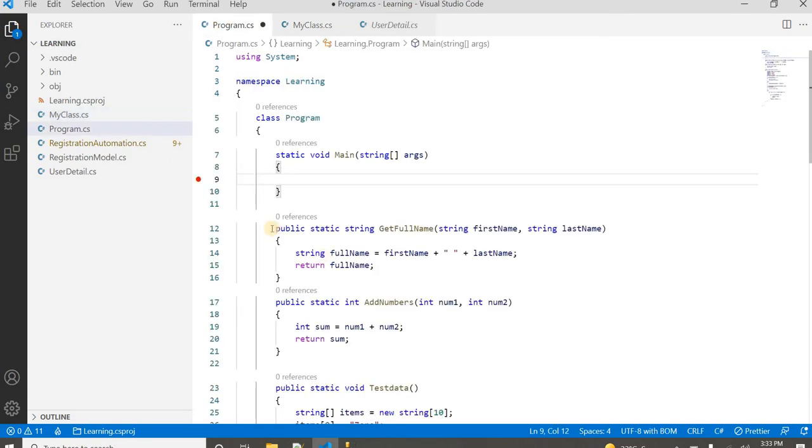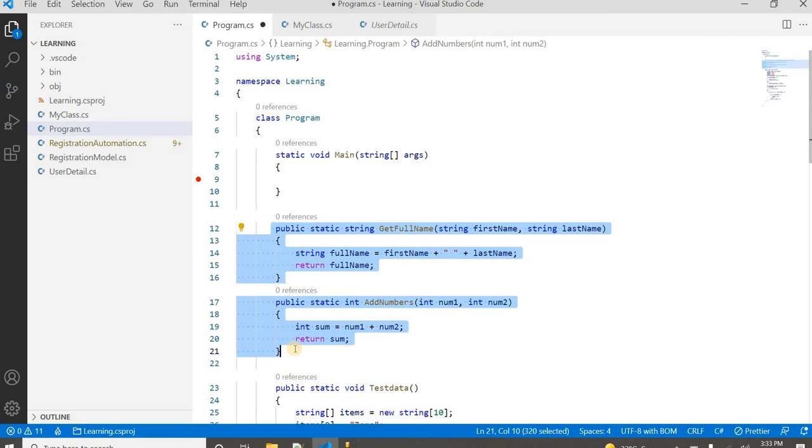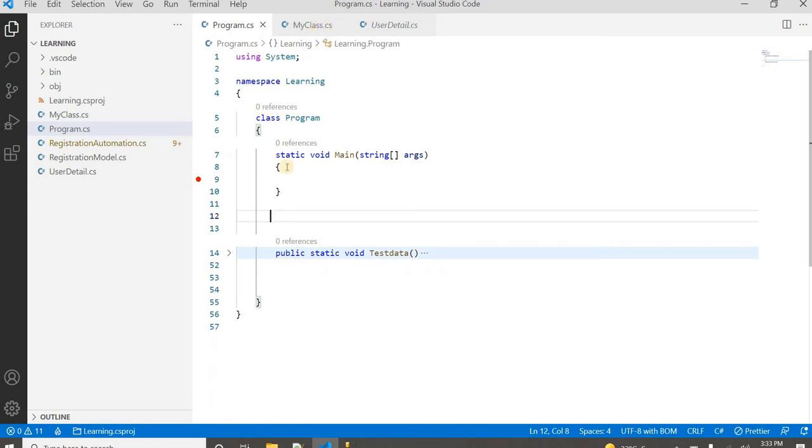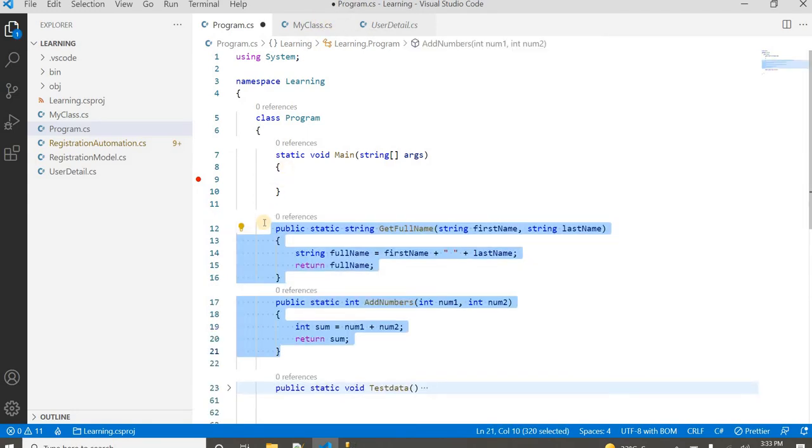Now in the last video we have used these particular methods. Now I can move these methods from here to my newly created class. Okay, let me copy all.